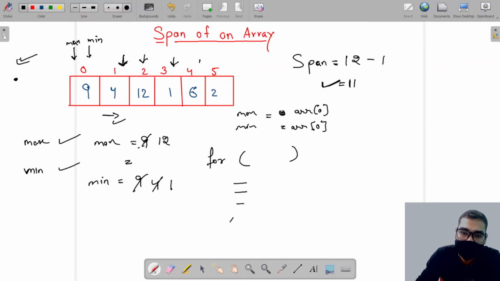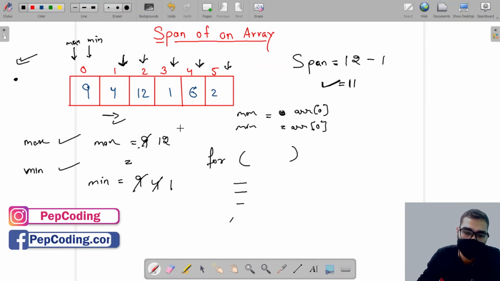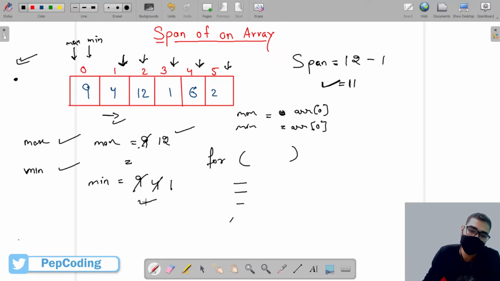After this, my iterator goes to 6, which is not greater than 12 and not smaller than 1 either. Then my iterator goes to 2, and there will be no impact on max and no impact on min.